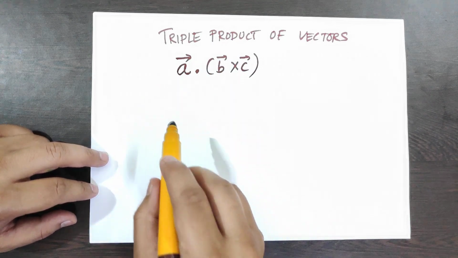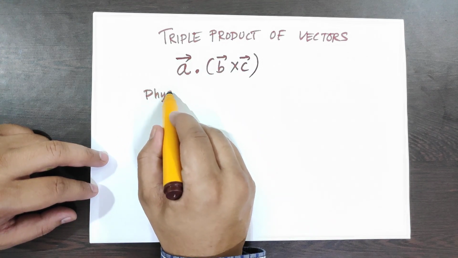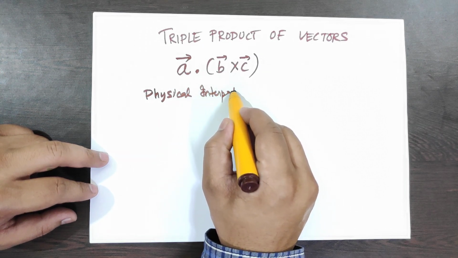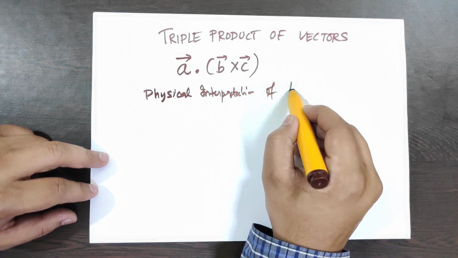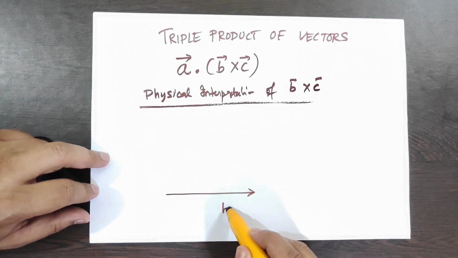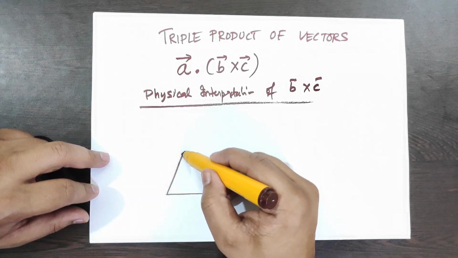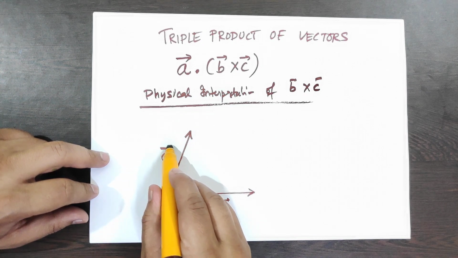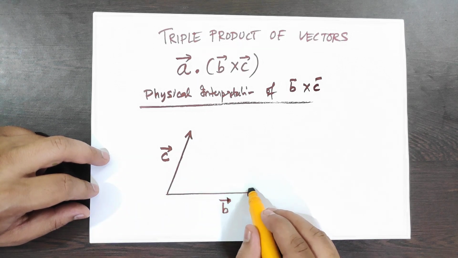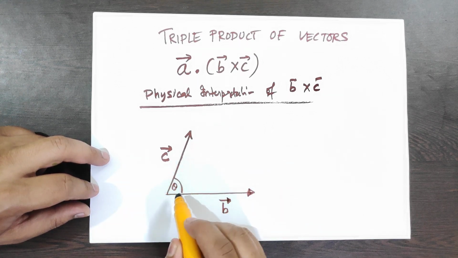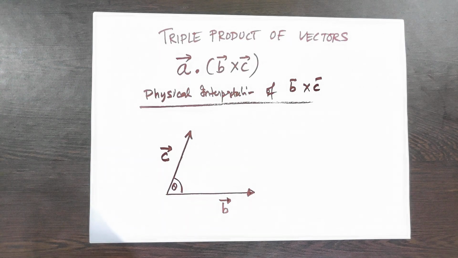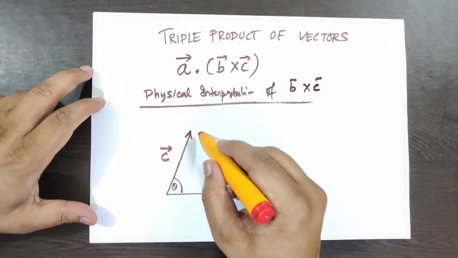What is the physical interpretation of B cross C? Let's see. So as you know, if there are two sides B and C, represented by vectors, this is vector B and vector C, and theta is the angle between the vectors B and C. So if you join this parallelogram,